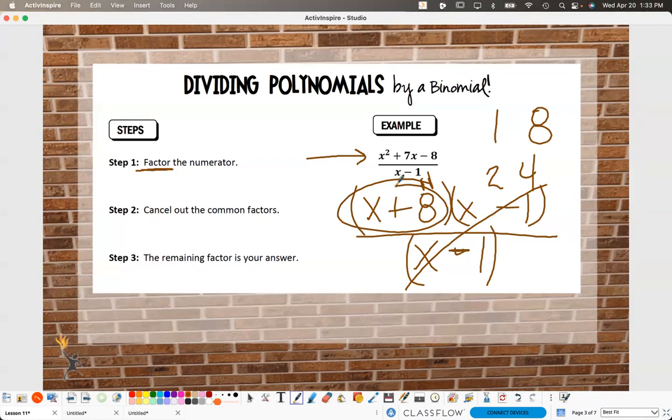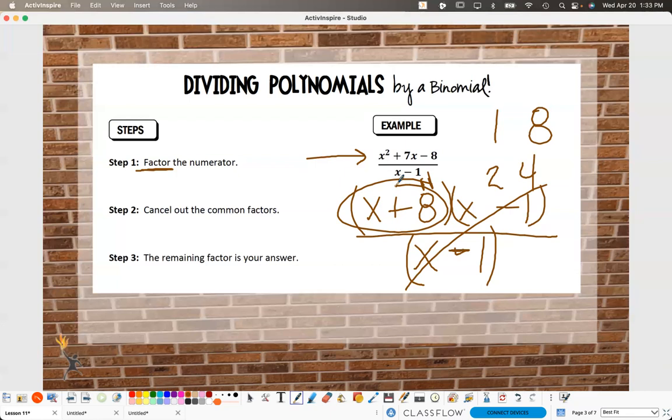It lets me see my answer. It lets me go, hey, I can cancel those numbers out. They make 1. What's 1 times x plus 8? Same thing, x plus 8. Done. That's the answer. If I can cancel them, it's the same thing as saying they turn into 1, because